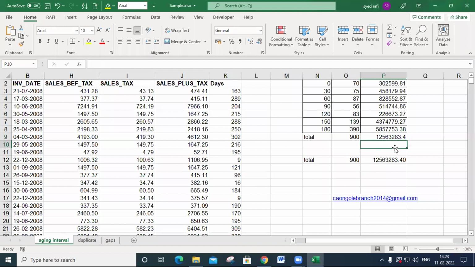In this way, we may use the COUNTIF, SUMIF function. And one more thing, this is one style. There is another style. By using a VLOOKUP, we may also do the same thing, but we can't discuss the VLOOKUP now. Okay, so we may also do the same thing by using a VLOOKUP. It's very easy in VLOOKUP. Okay,